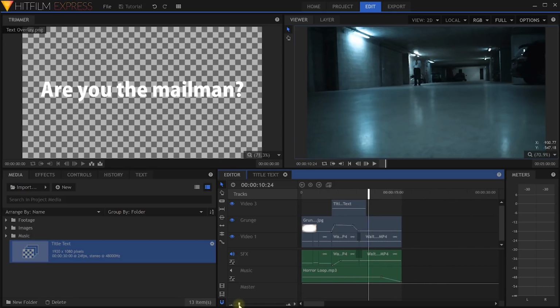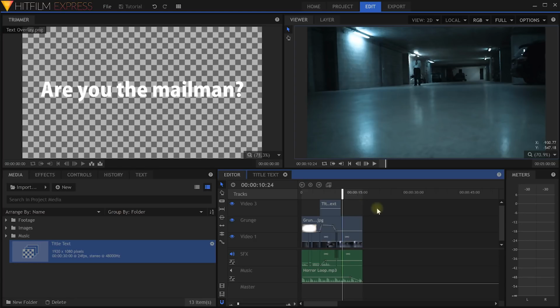Let me zoom out some more, and I have already adjusted this a little bit. In your editor timeline, you will see this highlighted gray area. This defines your in-out area, and you can actually click and drag these start and end points of this highlighted area to define the in and out points of your project. When you export your video, this is usually the area that you will export,